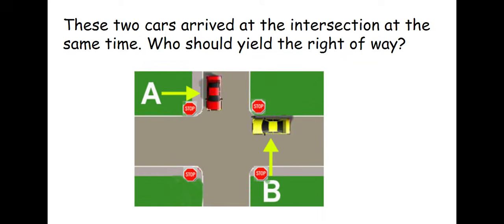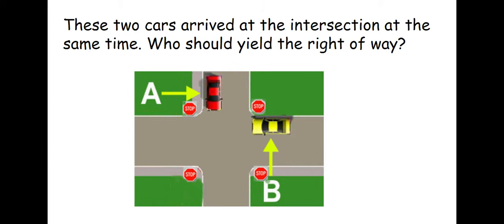This is a clear example of how to look at who has the right of way, and that law of if two cars approach the intersection at the same time, who should yield the right of way. So if we look at this, the red car is the car on the right. You're the driver in the yellow car. With it being a four-way stop, if you both approach it at the same time, the rule says the car on the right, the red car, has the right of way. But in many cases,